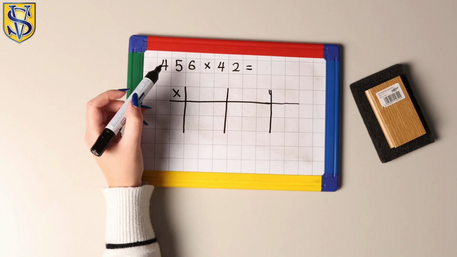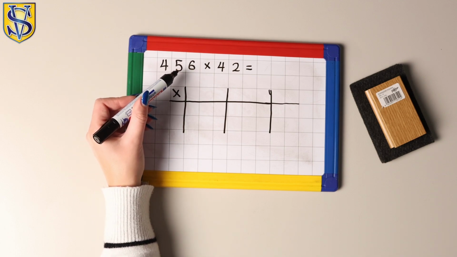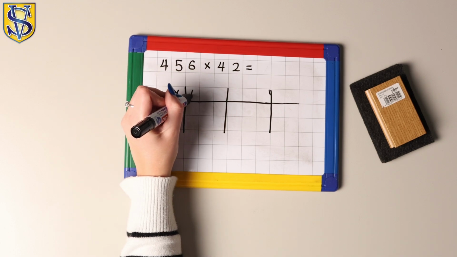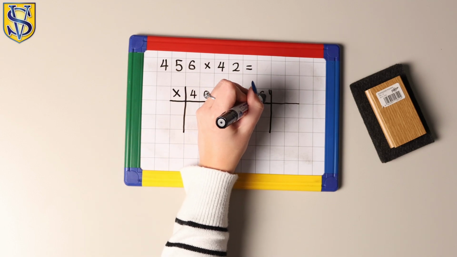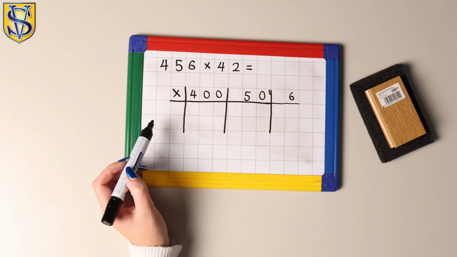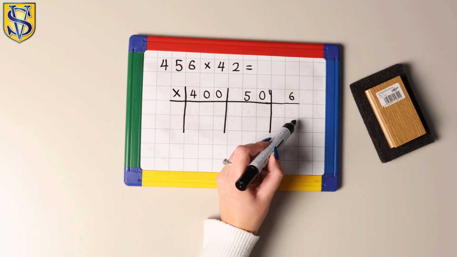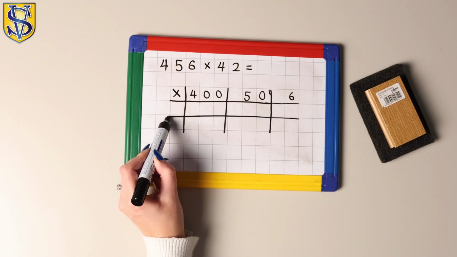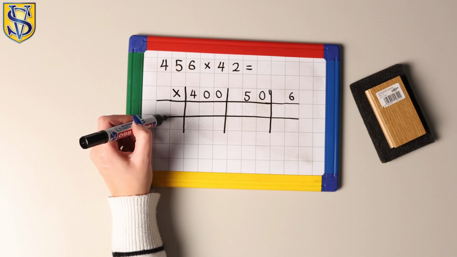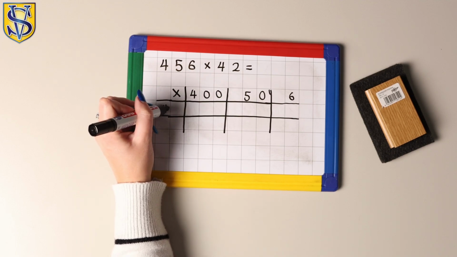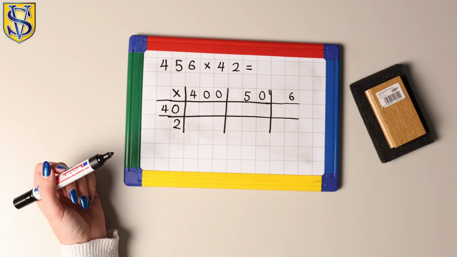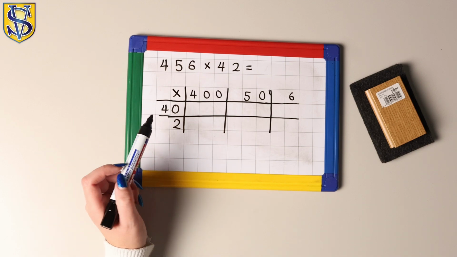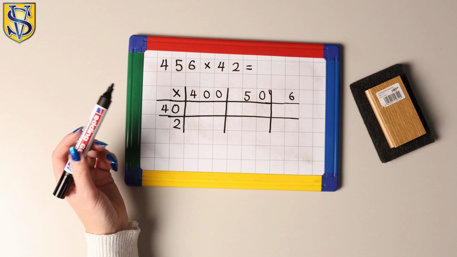So 456 is 400 and then 50 and then 6. And then in this case, it needs to be split up a little bit more because it's a 2-digit number. So it's really 40 and 2. So to find the answer to this one, you can start in any location, but I'm going to start in